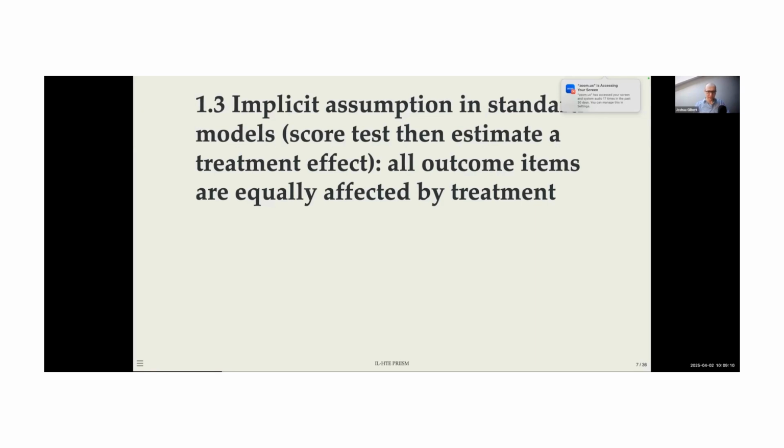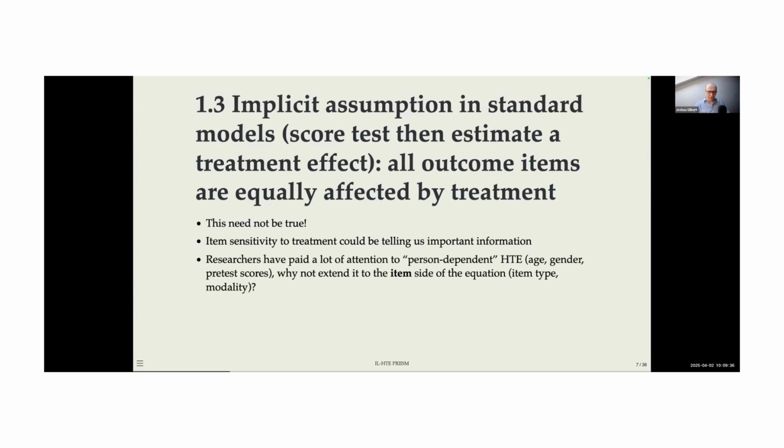And the implicit assumption here is that all outcome items are equally affected by the treatment. And the first thing I want to point out is that this simply need not be true, right? We could have a math test with 20 items on it, and some of those items could be really improved by treatment, where other items might not be affected by the treatment. And I'll argue today that item-specific sensitivity to treatment could be telling us really important information about how interventions affect